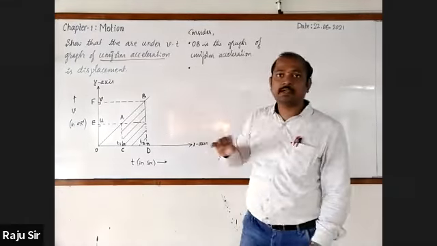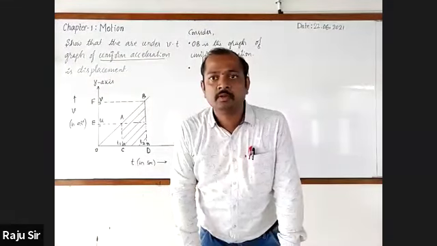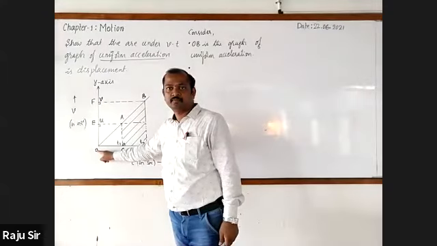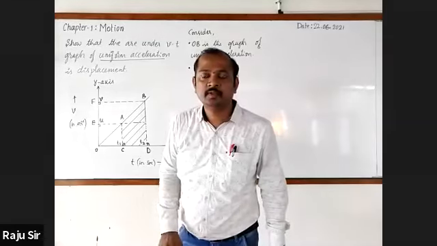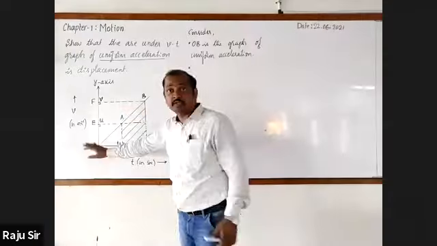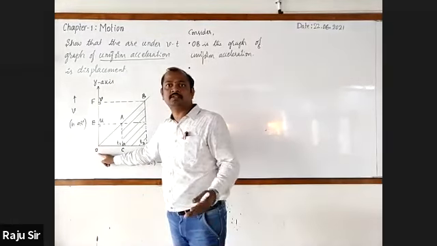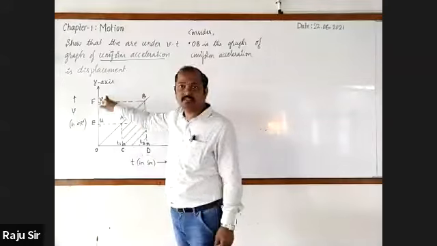If OB is the graph of uniform acceleration, Manya J, could you tell what does this O represent? Initial velocity, right? We have considered the whole line OB. Then O is the initial velocity. What is that initial velocity? How much is it? 0. No. What does B indicate? Final velocity. That final velocity is taken as V.